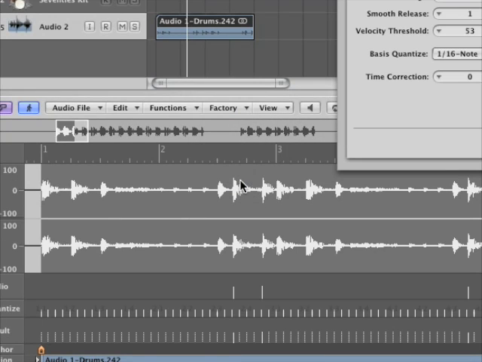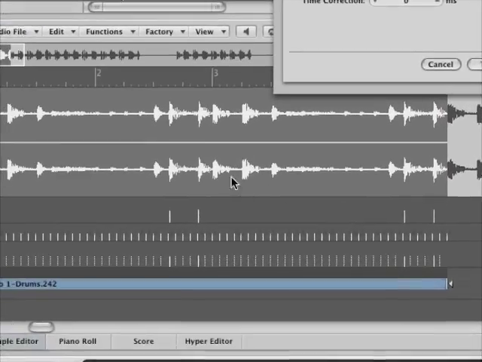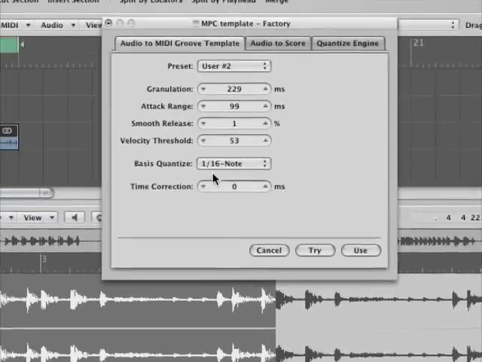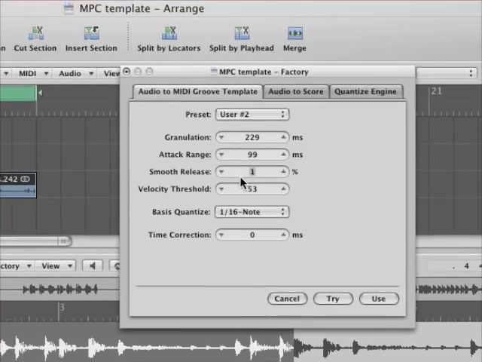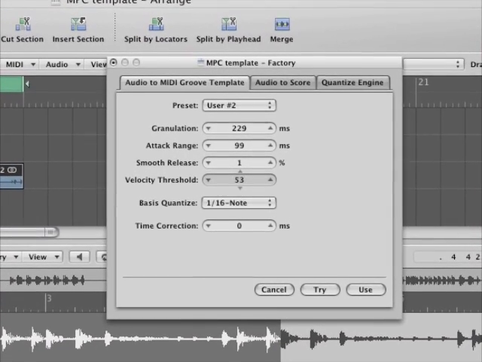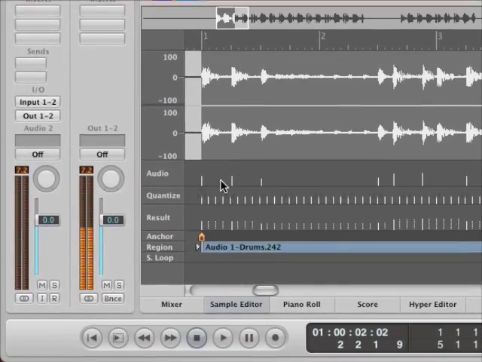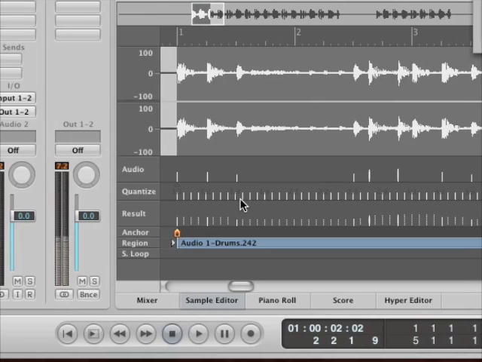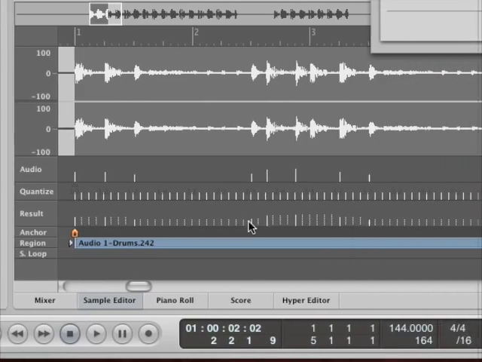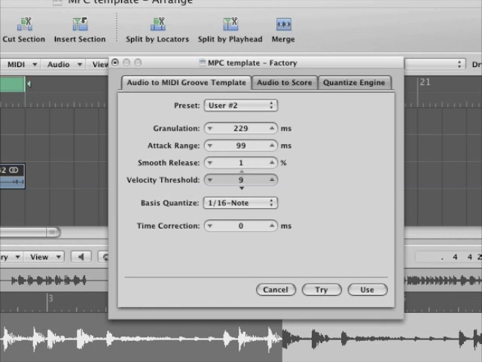So basically what this is going to do is it's analyzing the beat that I have there. It's saying what is the quantize based on. I say 16th notes. Okay, that's cool. And then I'm going to change my velocity threshold until I see more notes appear. See, up here we have the audio, where it's picking out the audio transients. We have the quantize, which is 16th notes, and then we have the result, which is going to be the groove template. So I have to pull this velocity threshold down pretty far